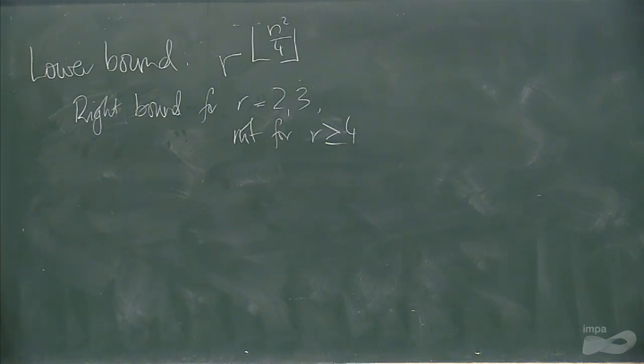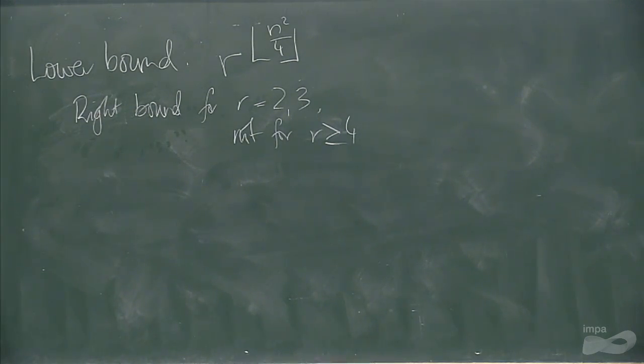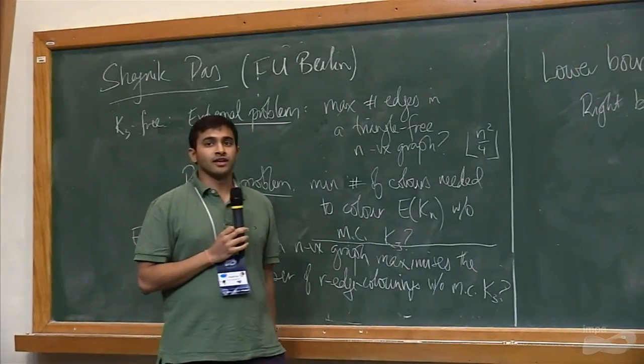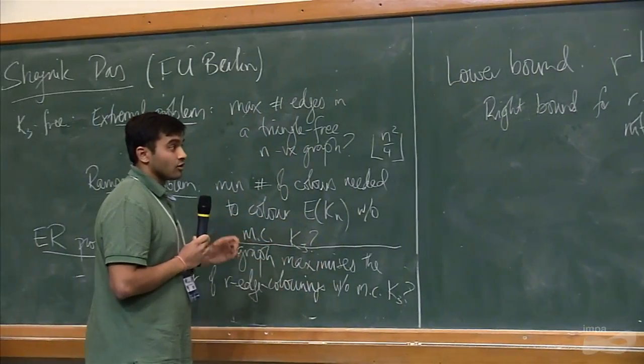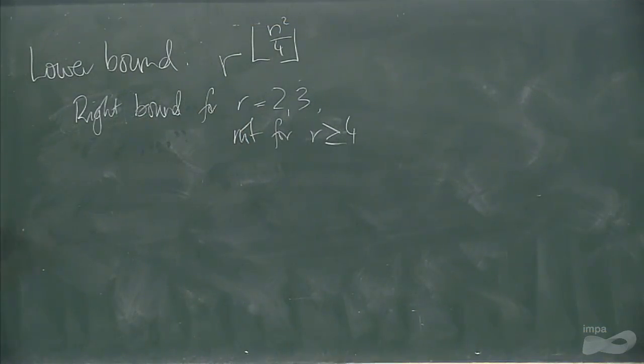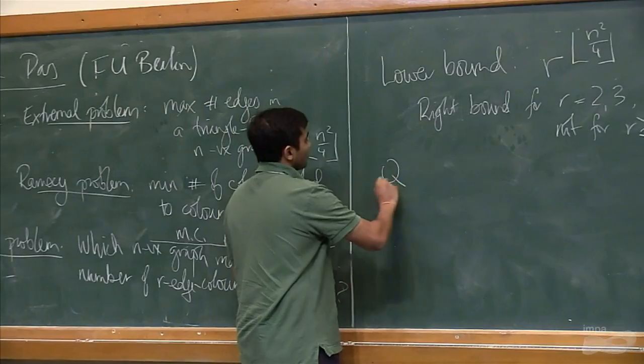And when r is larger, we know very little about this problem. I think that's fair to say. So if r is equal to 4, then for this monochromatic triangle-free graph, we know the answer. That was work of Pikhurko and Yilma. And I think for r equals 4 and monochromatic K4-free graphs, we also know the answer. But apart from that, I don't know any pair where the answer is known. So by pair, I mean a number of colors, which is at least 4, and the size of the monochromatic clique which is forbidden. Okay, so this is a problem which one could solve. That would be quite challenging, probably.